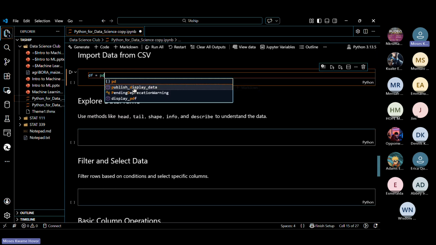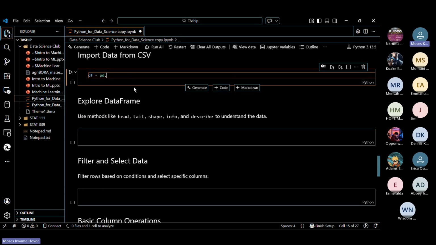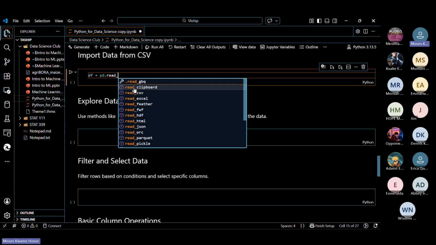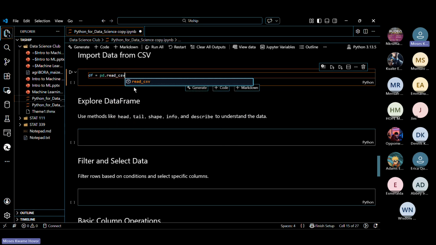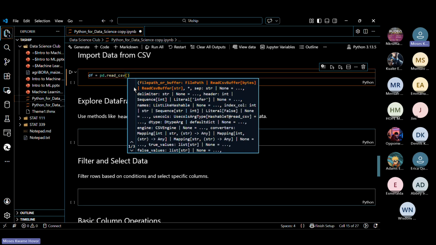I'm going to do pd.read_csv, read underscore CSV, and type the name of the file. Mind you, I'm able to do this because the folder the file is in is the same folder my data is in.